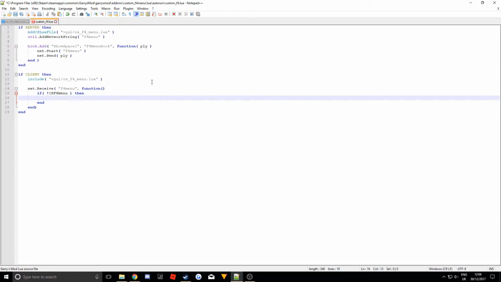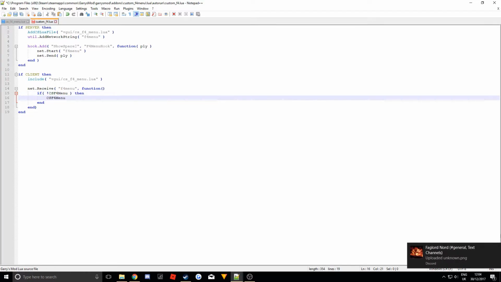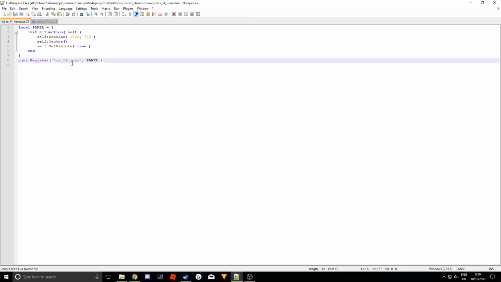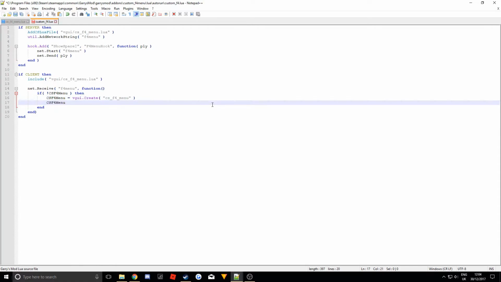Now this is basically saying if CSF4 menu does not exist, which it won't because it's not being created anywhere, then you want to make it equal to VGUI.create, and this is going to reference the unique name that you put there. So it's creating that VGUI that we've just made, and then we want to do CS F4 menu set visible